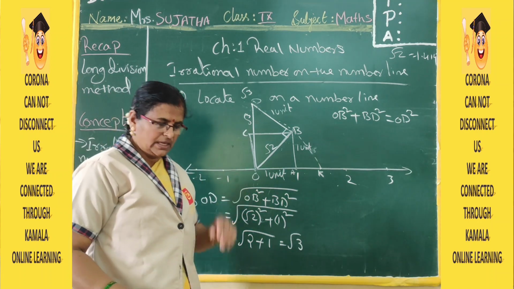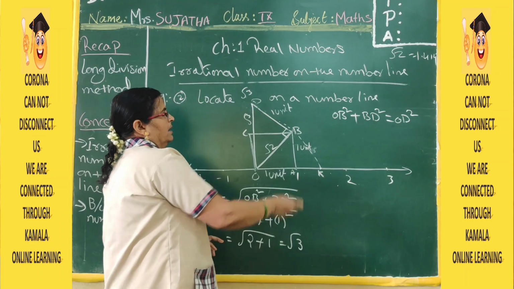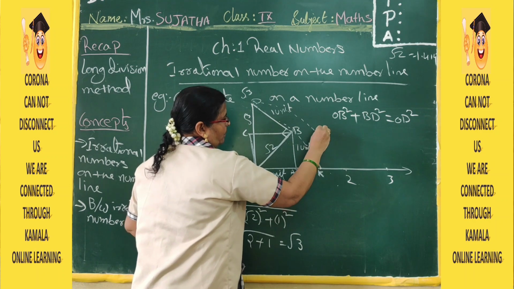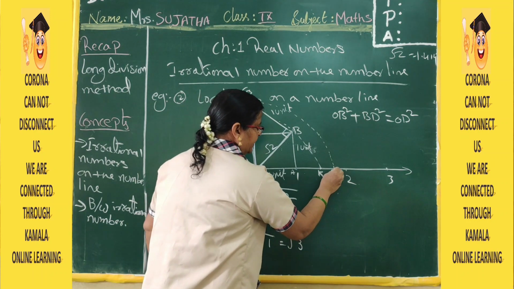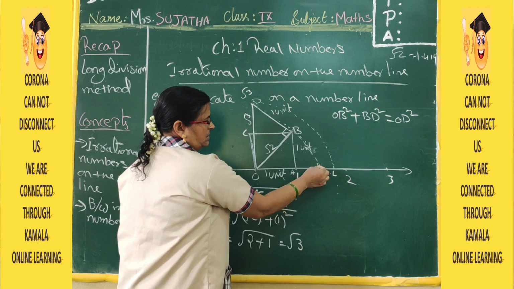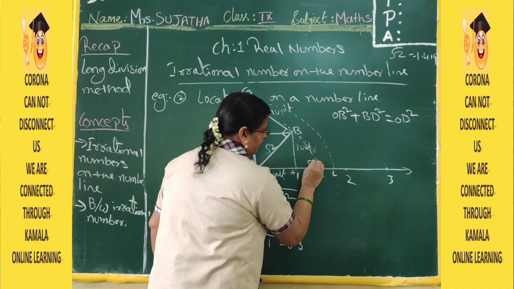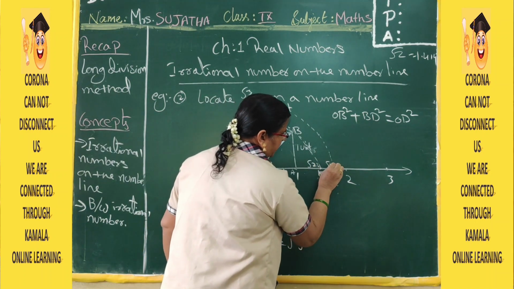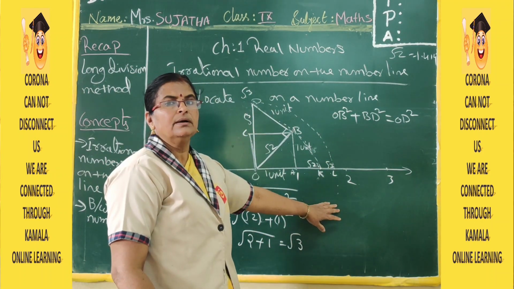Take with the compass, take O as the center with the radius of OD. Now from here you have to draw the arc. Where the arc will intersect the number line, there you can take it as L. Okay, like these 2 arcs. First we draw this, now K. This is the first arc. That value will be √2. Here this arc from OD we drew, that is √3. So like this we can substitute the irrational numbers on the number line.